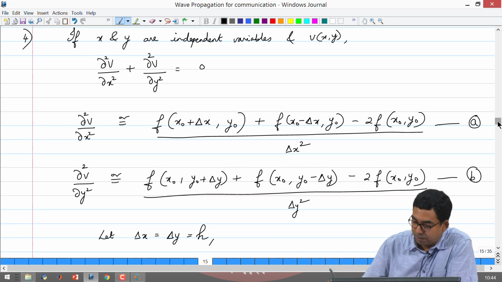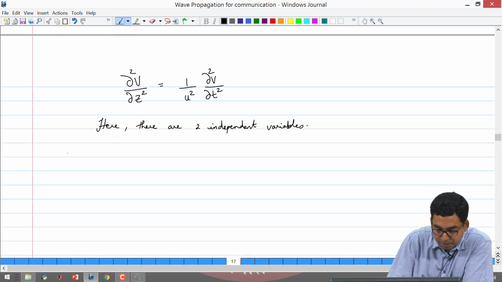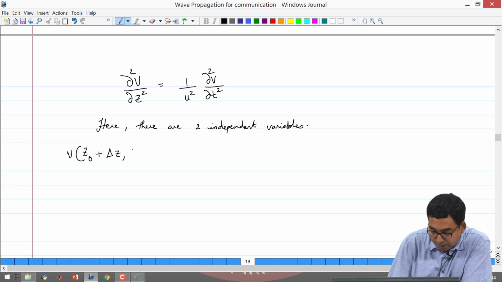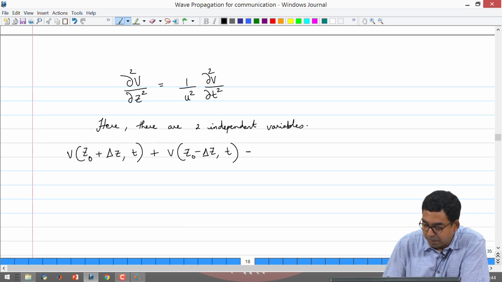So, I have V of z naught plus delta z comma time, plus V of z naught minus delta z comma some time, minus 2 times V of z naught comma time